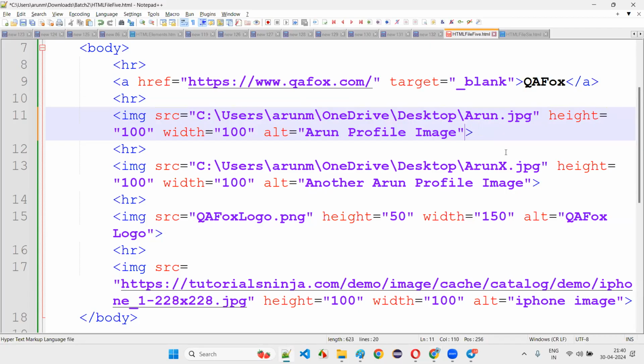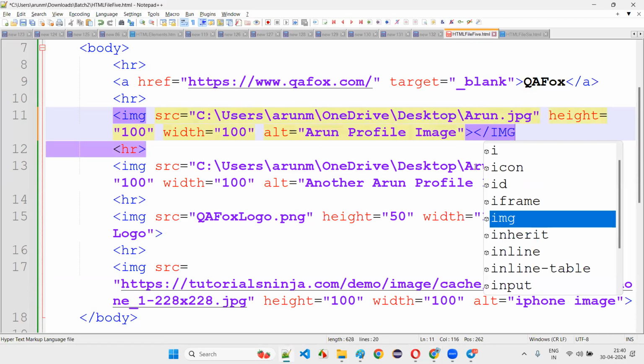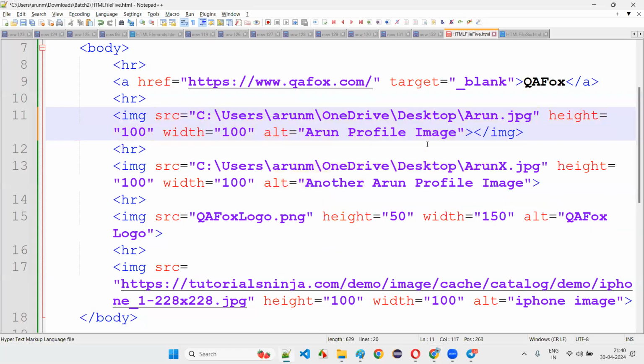You can write like this also, but there is no use in this. By writing this, no issue will come, but there is no use in that. So it's better to write like this only. Input tags, image tags, some tags, right? When you keep learning, you will understand what their benefits are.